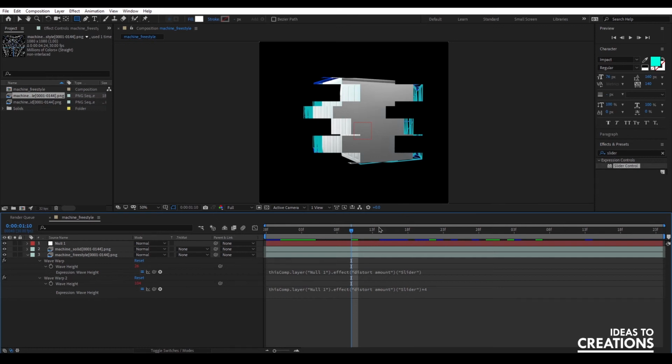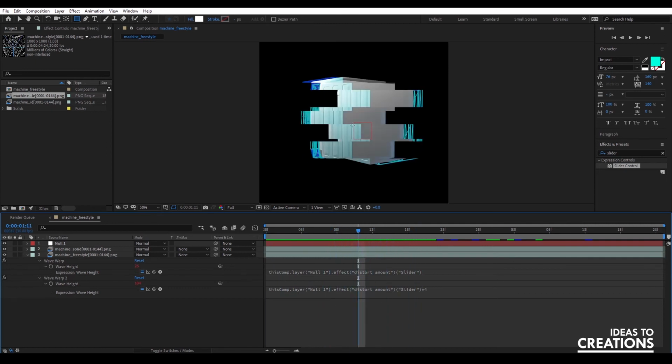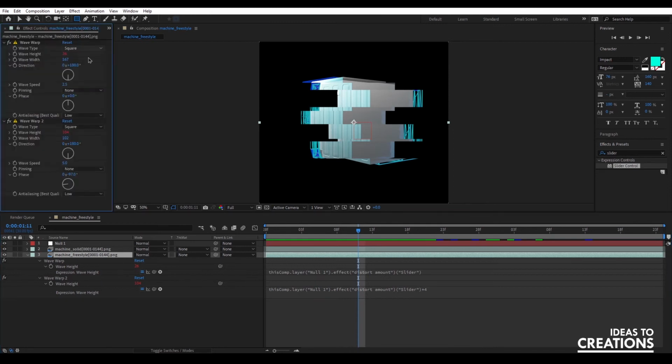But since it's lining up with the solid render, it's a bit difficult for someone to tell that it's actually the outline. And also, it's the same problem we had before. We have two things lining up. We want to break these up so that they look a bit more different. So we'll do the same thing we did with the other wave warps. We could